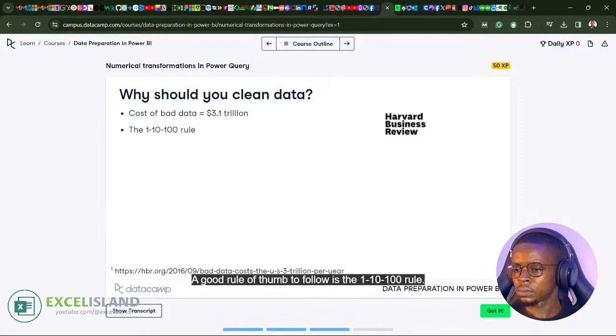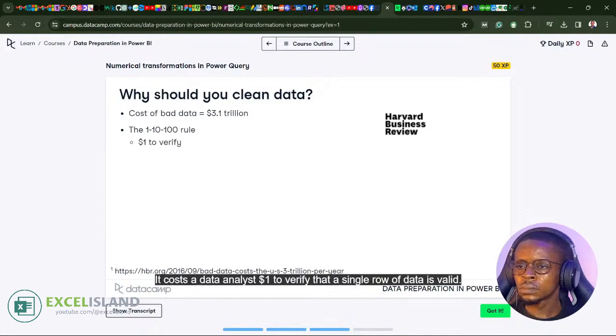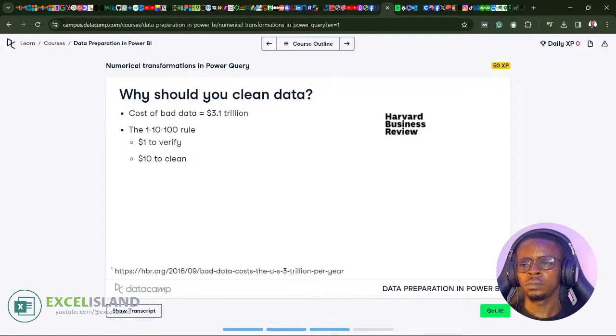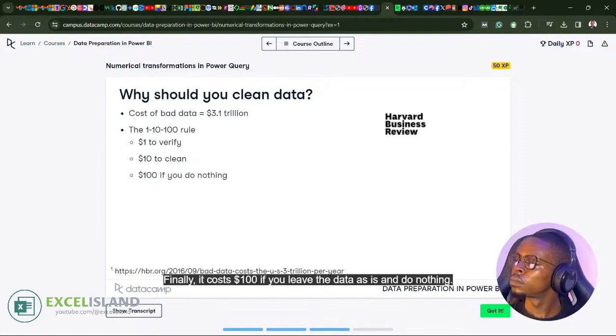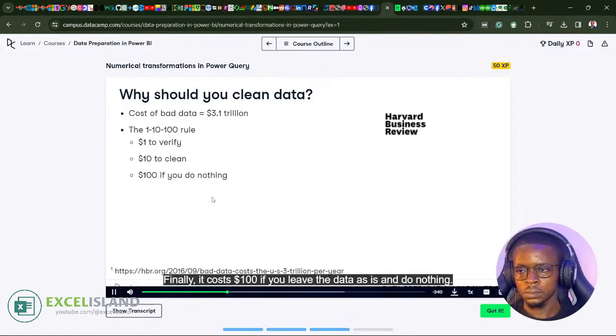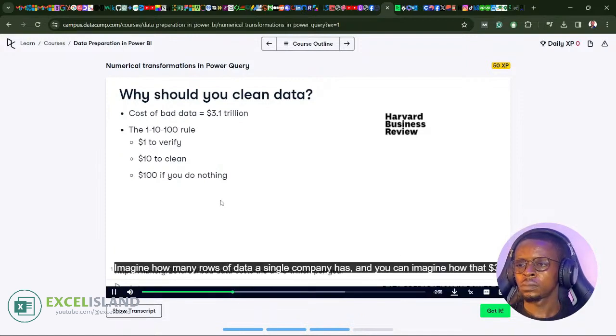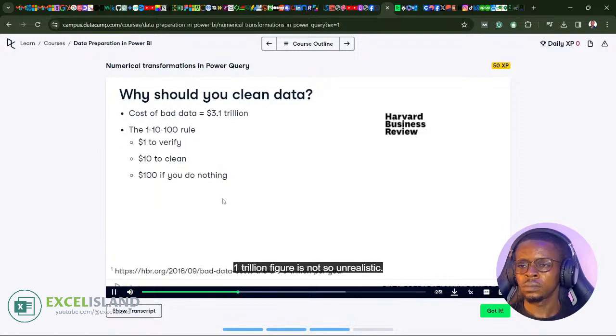A good rule of thumb to follow is the 1-10-100 rule. It costs a data analyst $1 to verify that a single row of data is valid. It costs $10 for that data analyst to clean that row if any missing or incorrect data is found. Finally, it costs $100 if you leave the data as is and do nothing. Imagine how many rows of data a single company has, and you can imagine how that 3.1 trillion figure is